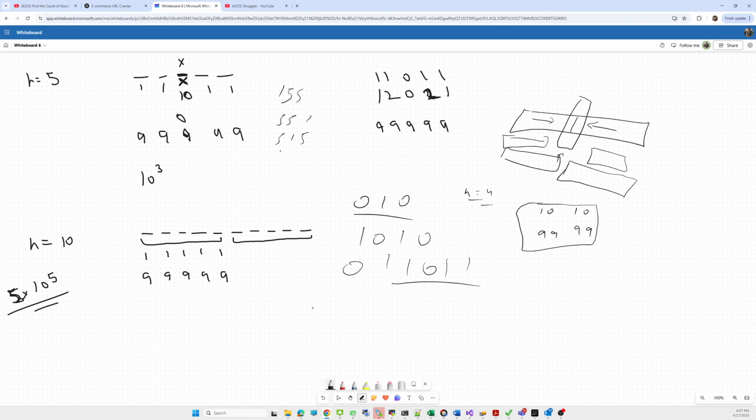First, how can we divide our solution? We'll iterate over the first half, from 10 to 99. For a four-digit number we can split it into two parts. We take the first half, reverse it by iterating, and make a palindrome like 1001, and check whether it is divisible by k.